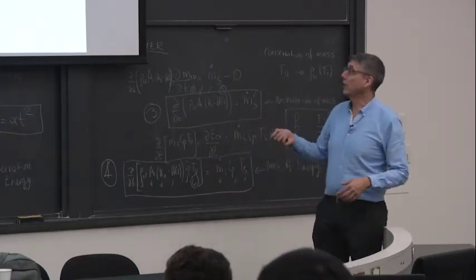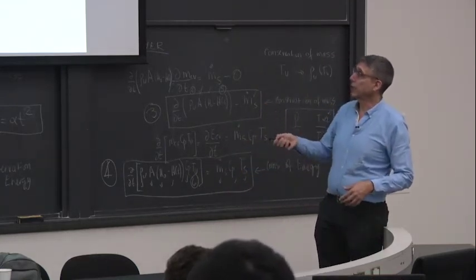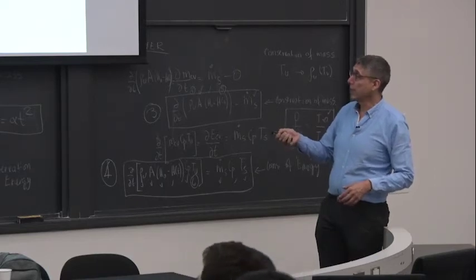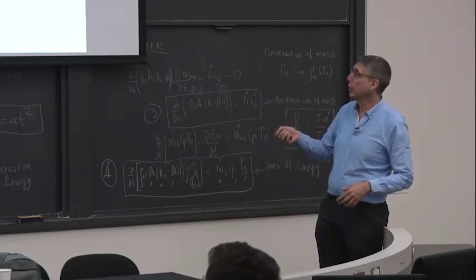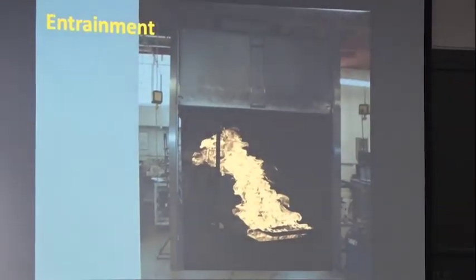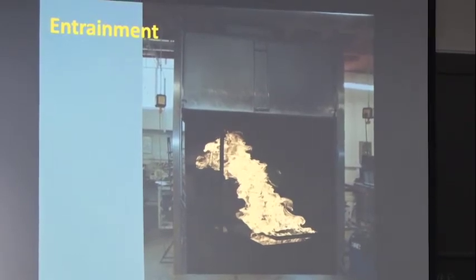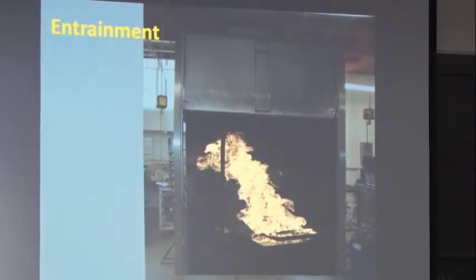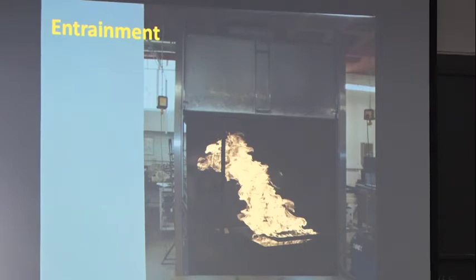So basically now I can rewrite the equation and get the temperature of the smoke as being the ambient temperature, Q, which is alpha T squared divided by MA divided by CP. Okay? So how do I develop the entrainment? And this is extremely common in fire. The moment you hit a wall, instead of banging your head against the wall, you find the door. Okay? And so